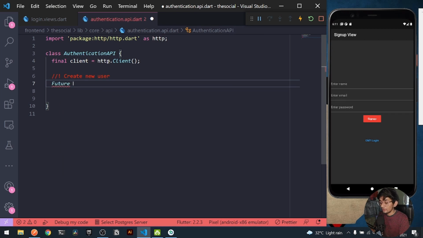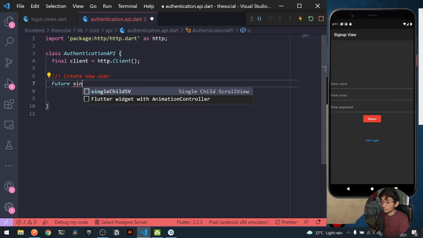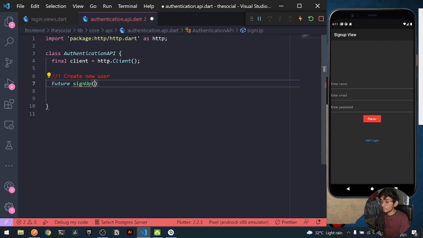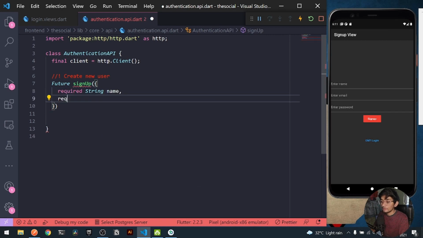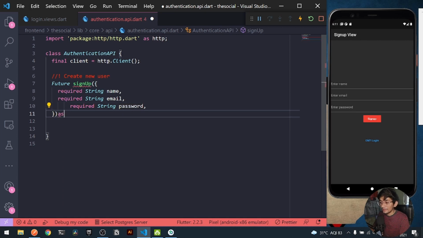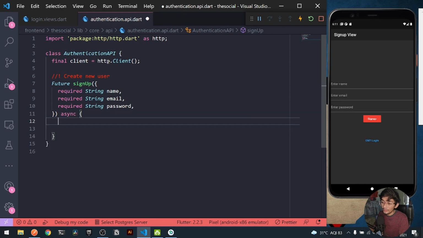Now here I can say signUp method, it will be more precise to say it that way, and under this it will require some arguments, which will be first of all a string, the name of the user, and it also requires a string which will be the email of the user, and finally one more argument, the password. How can we forget a password? Right, so this will be our entire case. Let's mark it async, and we are good to go. So here I have my signUp method.